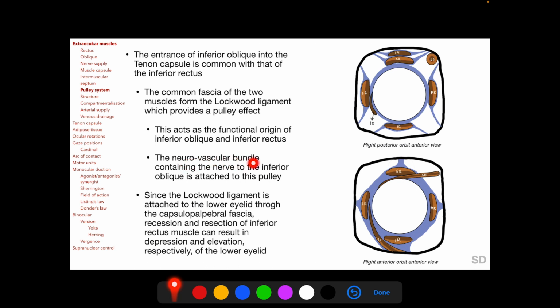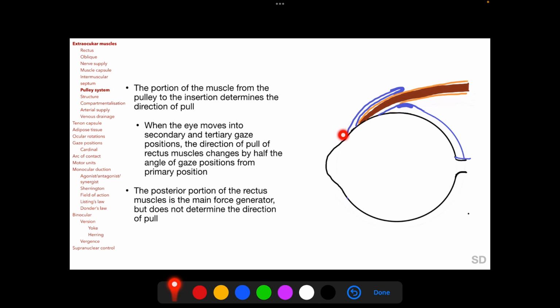The neurovascular bundle containing the nerve to the inferior oblique is attached to this pulley, as we have already mentioned, and since the Lockwood ligament is attached to the lower eyelid through the capsulopalpebral fascia, recession and resection of the inferior rectus muscle can result in depression and elevation respectively of the lower eyelid, and this is very important to remember. The portion of the muscle from its pulley to its insertion determines the direction of pull of the muscle,